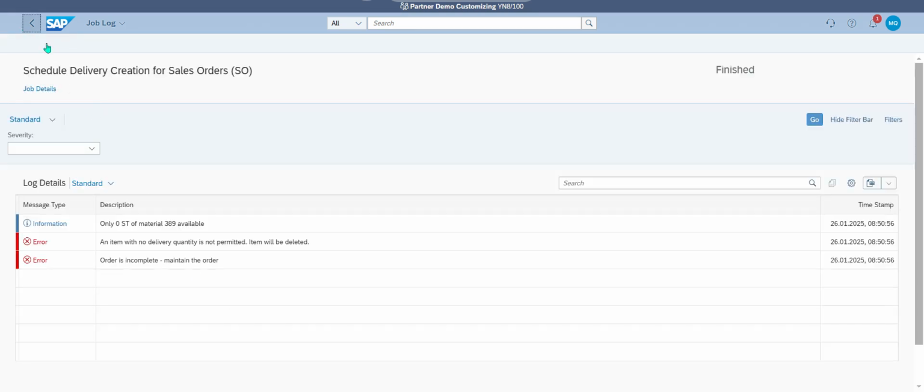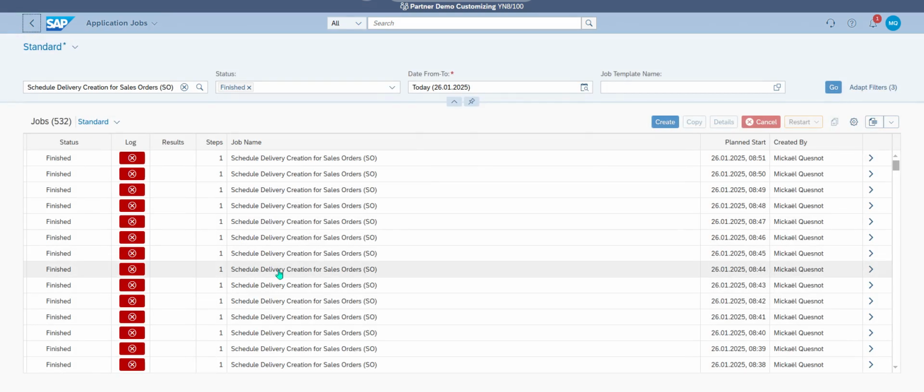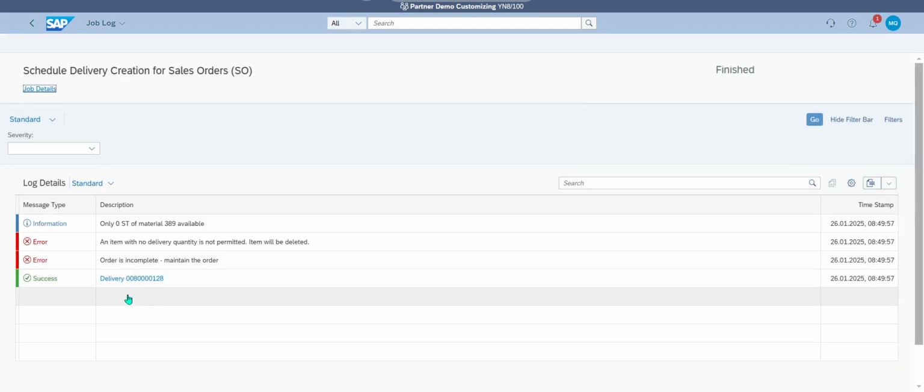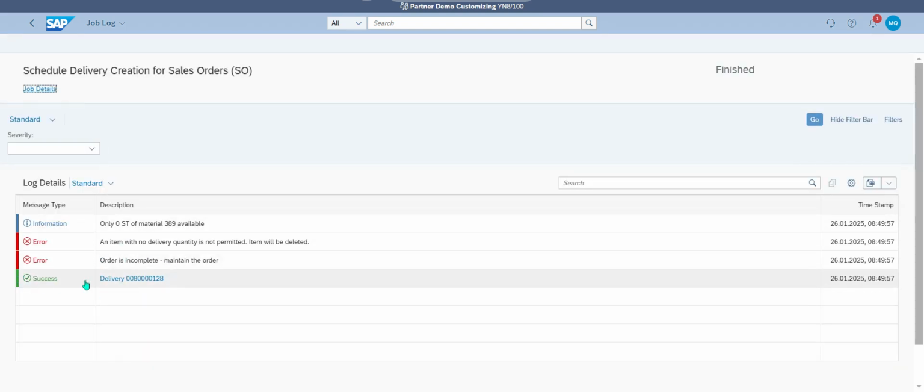But inside there is some information. So at which time you can see that right now, if everything is okay, you see that the delivery, for example, 128